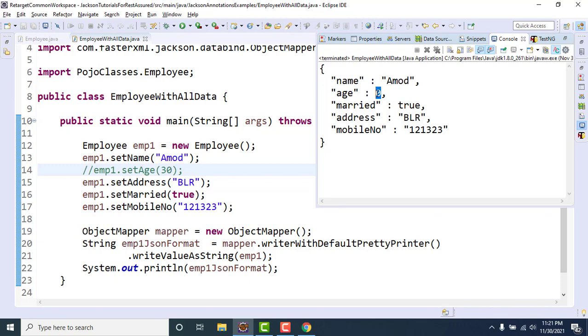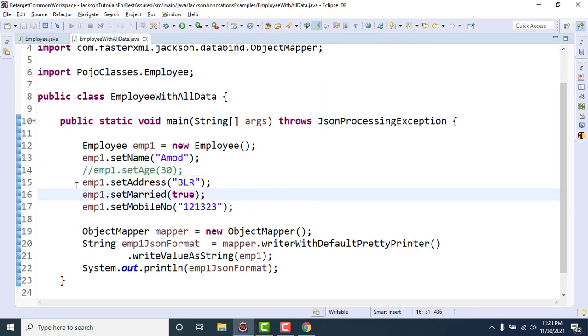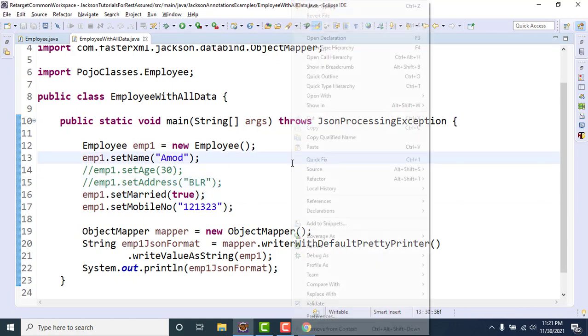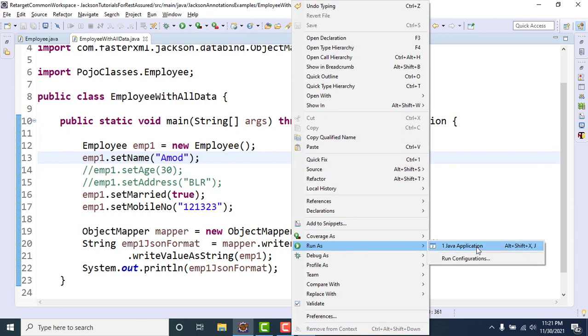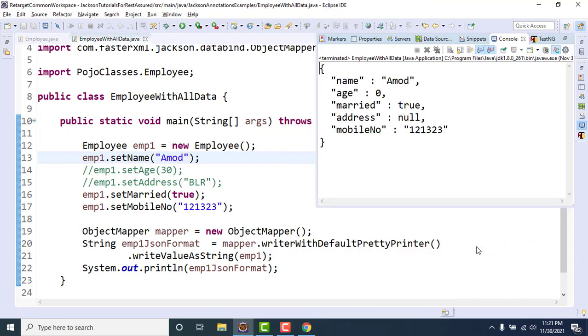If you are not aware of the age value, you need to simply exclude it from the JSON. But since we are using a POJO, we don't have any mechanism here which will go and check if the age is 0, remove it. Similarly, suppose I don't know the address also, right? I don't know the address also. If I try to convert this into a JSON string, let me see what is the output here. You can see address is coming null.